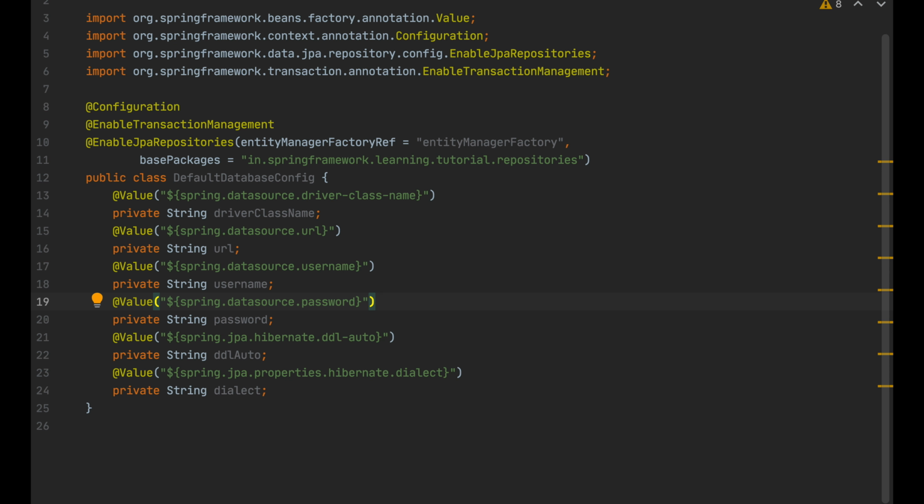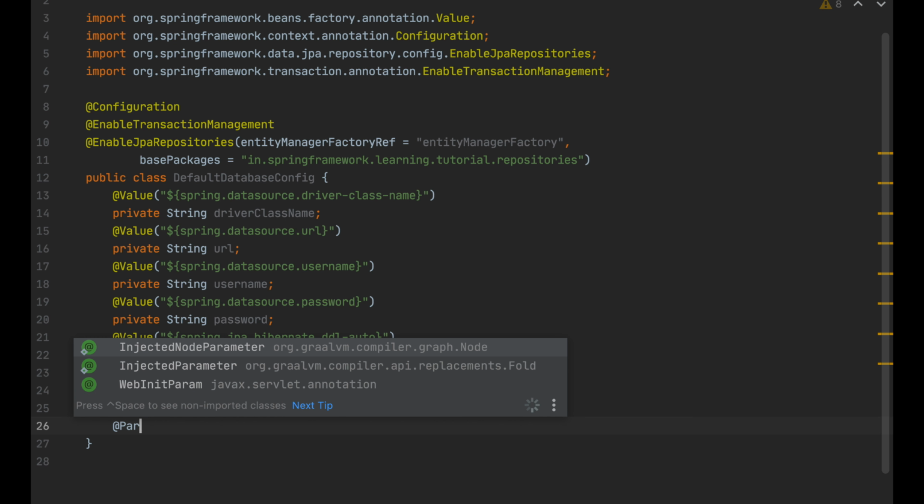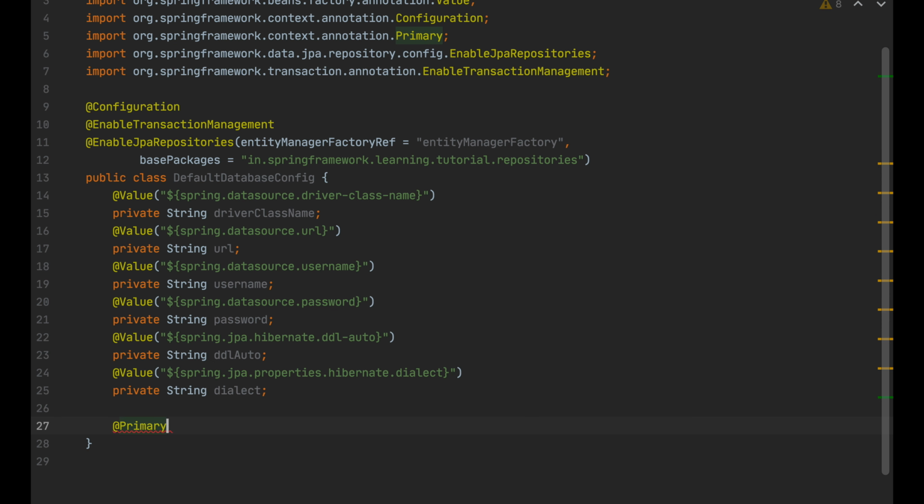Once we do that, now even when we define two particular data sources, we still have to tell Hibernate what is the default data source. So this is what we are going to characterize as a default data source, and the correct way of doing it is defining a bean which is annotated with @Primary. So we define a bean that is annotated with @Primary, it is also annotated with @Bean, and so let's call it entityManagerFactory. This is the name that we have defined on top. So the name of this bean is entityManagerFactory, and then we go ahead and say public